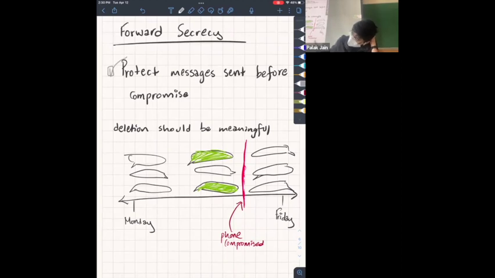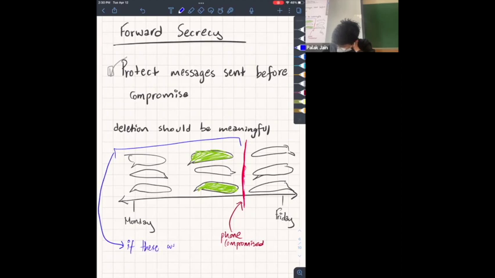This is what we want. We want to protect messages that we sent before compromise, as long as we've deleted these messages. So let me write that down on the slides so you have it later if you want to look at the slides. If these were deleted,